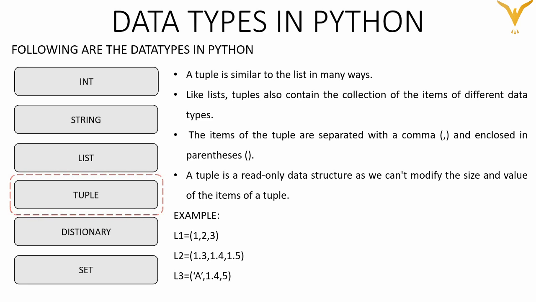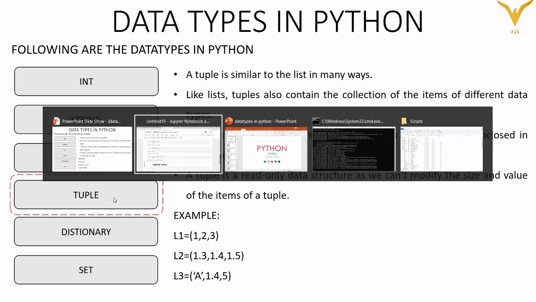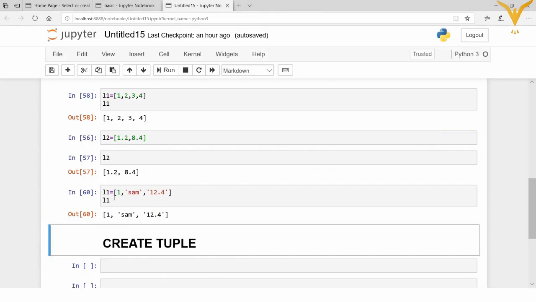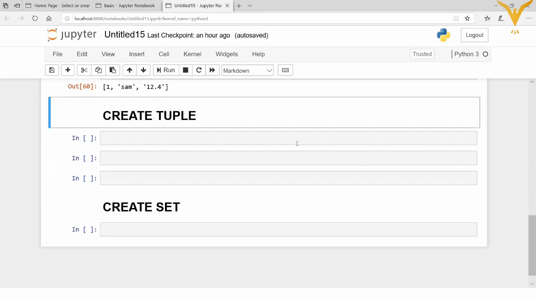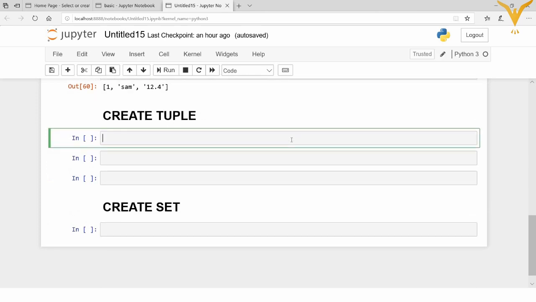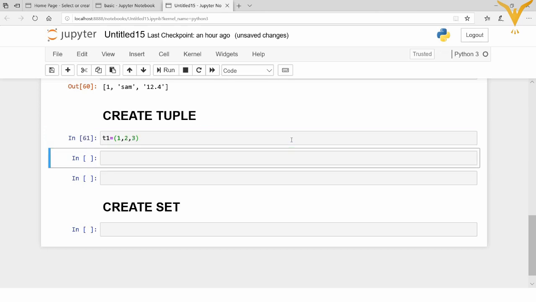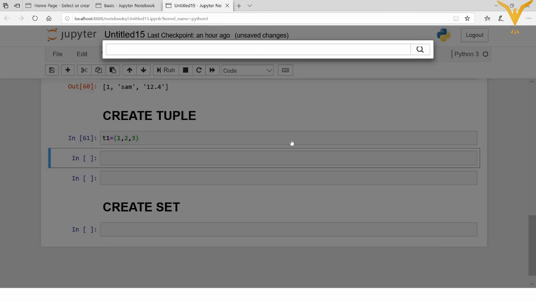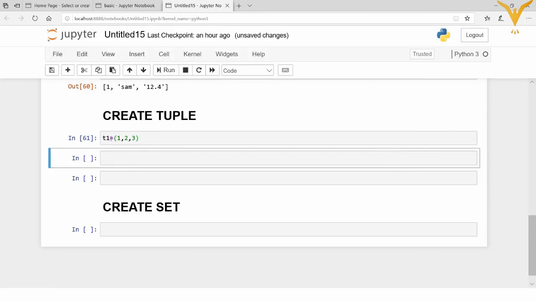Okay, now let's see the example of how to create a tuple practically. So to create a tuple, first I will create a variable, and to create a tuple we are going to use parentheses and the elements are separated by commas. Now let's check the type of the tuple.